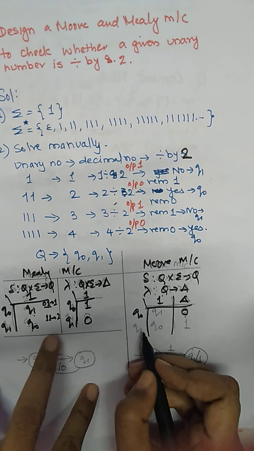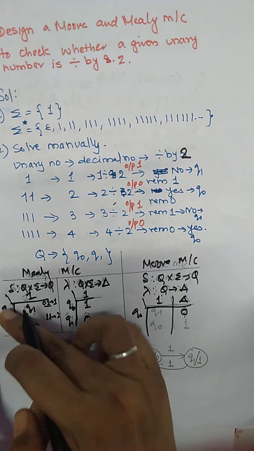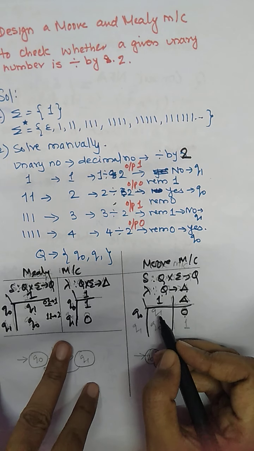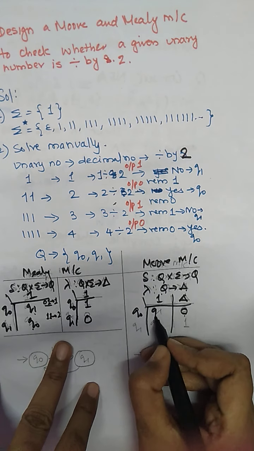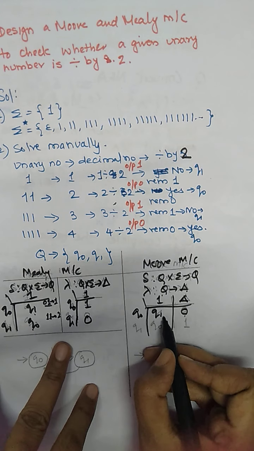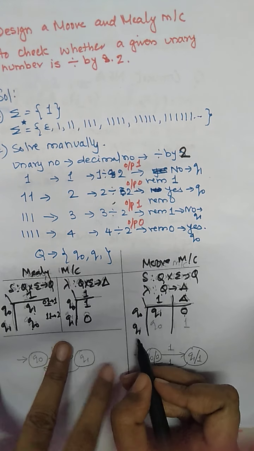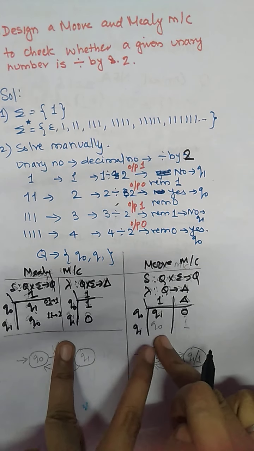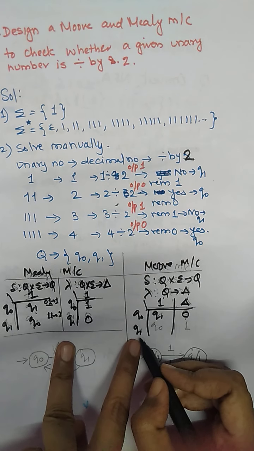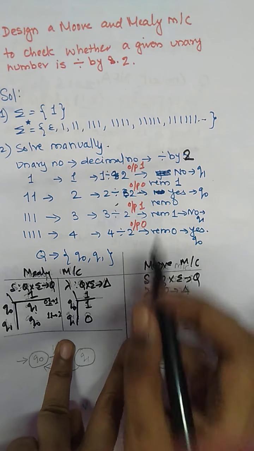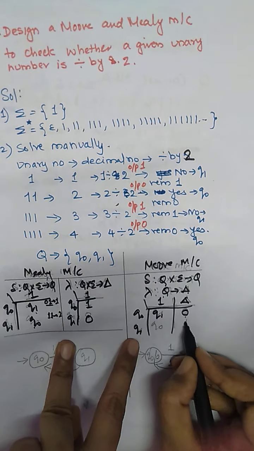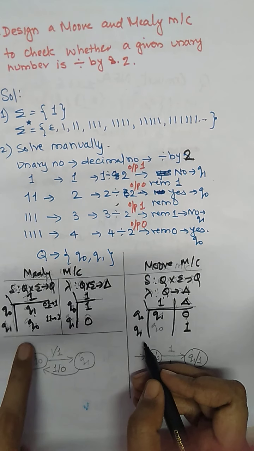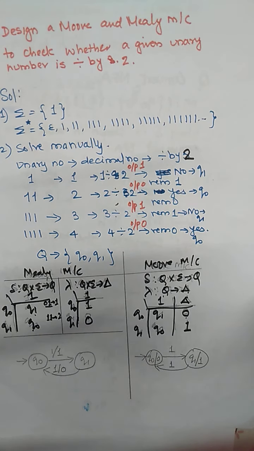Now here we have to copy Q0 on 1 goes to Q1. So same state function we have to copy: Q0 on 1 goes to Q1. The reachable state is Q1, so we have to write here. Now before copying again the state table of the Mealy machine as the state table of a Moore machine, what is the output associated with Q1? So output of Q1 is generating output as 1. So here we have to write 1. Now we can copy Q1 on 1 goes to Q0.